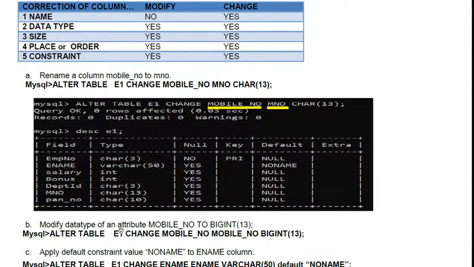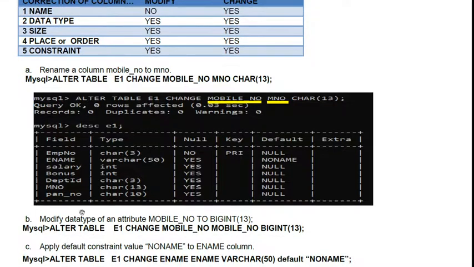Modify the data type of the column mobile number to big int. Suppose this is the mobile number, not MNO; you treat it as mobile number. Alter table E1 change mobile number mobile number big int 13.